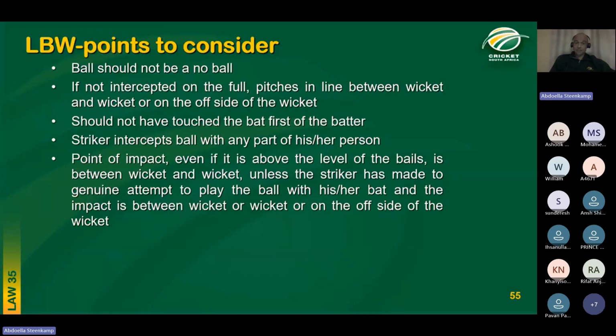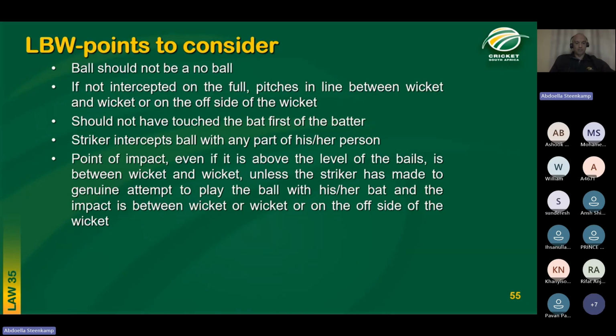There is one exception, and that exception is where the law allows for the impact to be outside off, and that is if the striker made no genuine attempt to play at the ball with his or her bat. There needs to be an attempt to play at the ball. If there's no attempt, if the striker shouldered arms, then you can consider an LBW appeal even if the impact is outside off. But otherwise, if there is a shot, always the law wants the point of impact to be